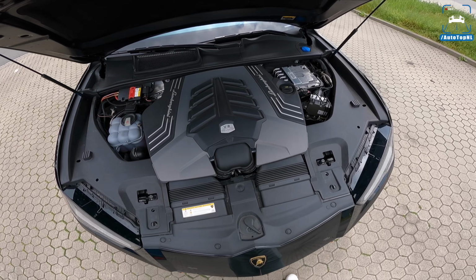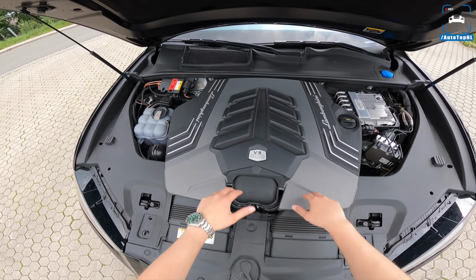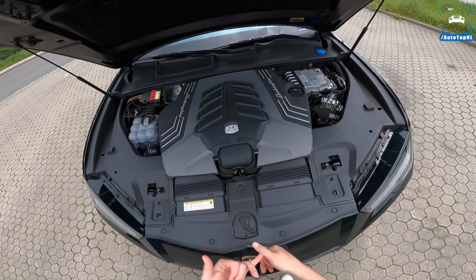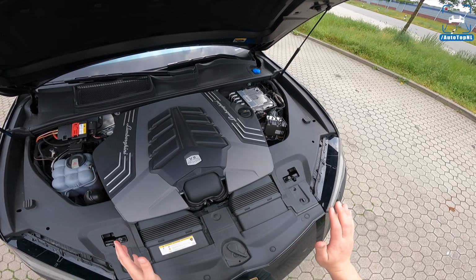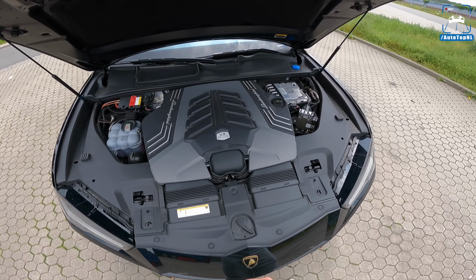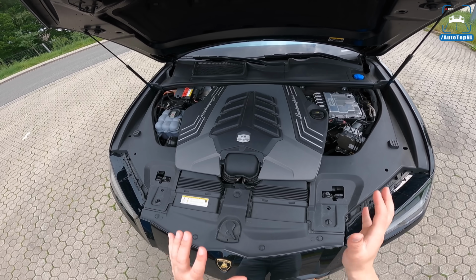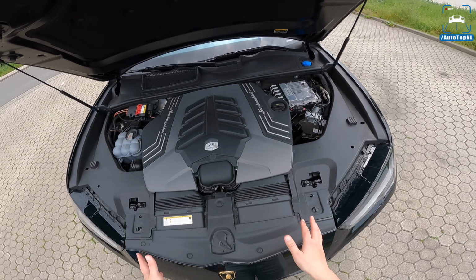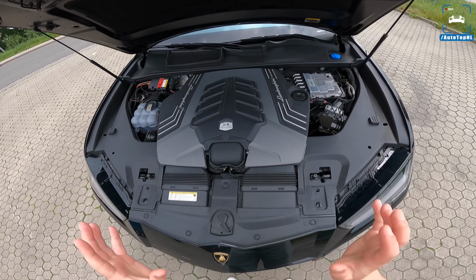Now, the masterpiece. Let's talk about this. This is the 4-liter TFSI, which is used in many cars. Cayenne Turbo, Panamera Turbo, Audi SQ7, Audi RSQ8, Audi RS6, Audi RS7, the list goes on and on. But the Urus has a slightly different configuration, because most importantly, this car has been designed to house two